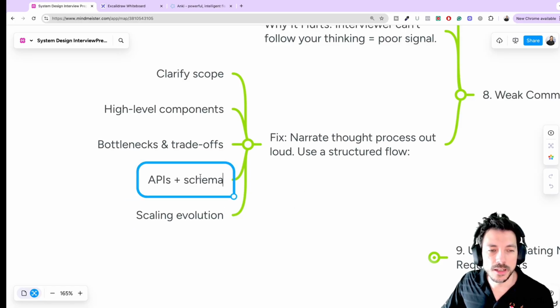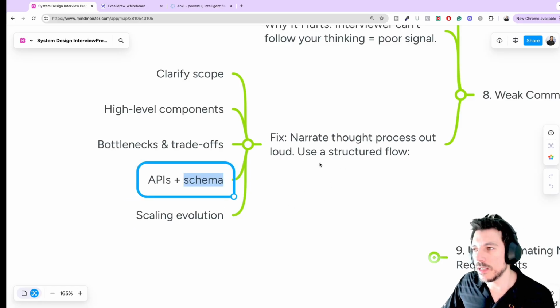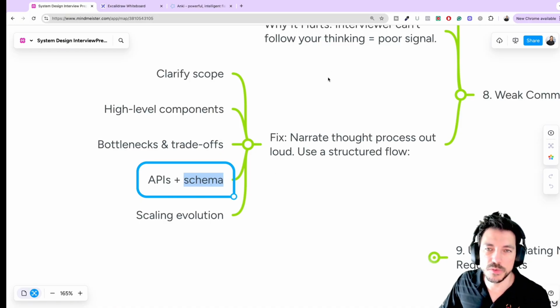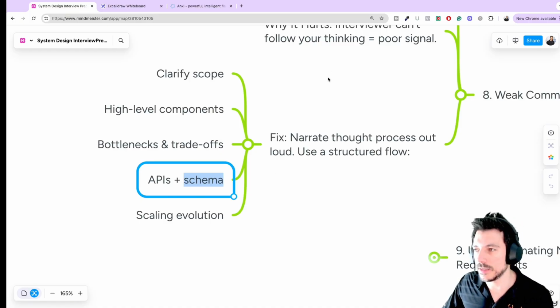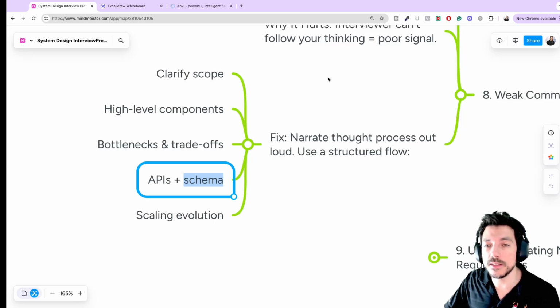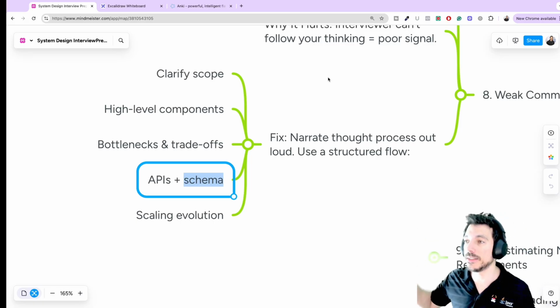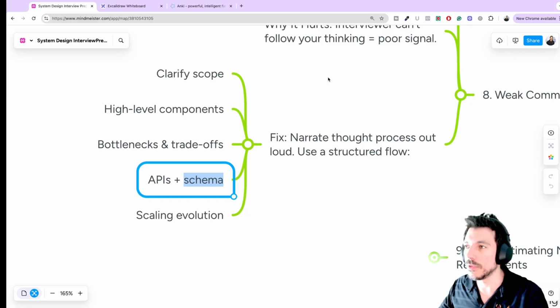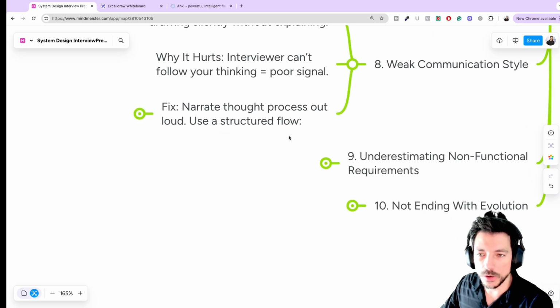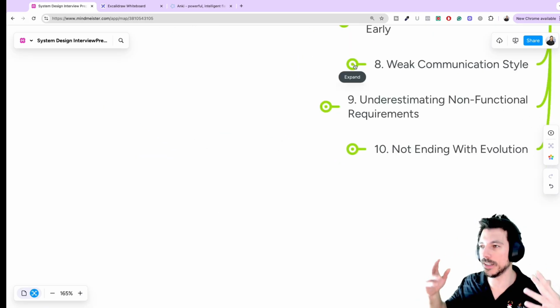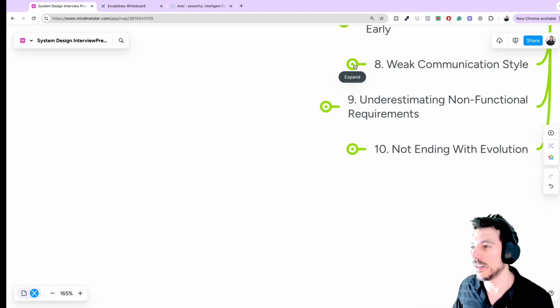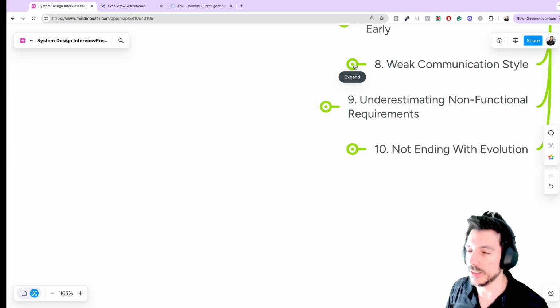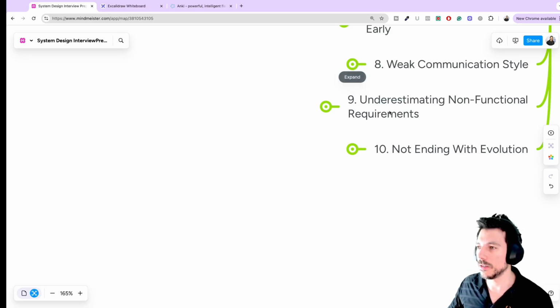So regarding the schema, it could be something very simple. Like I said before, you don't need to normalize this database. It just needs to be something very high level so that you show that you have the capacity of designing a system in 60 minutes. But obviously it has to be simple. Simple and effective. It has to work as well. Obviously when I say it has to work, it's metaphorical, because it's not a real system, right? It's just a design. But if you put that into practice, it should work, right?